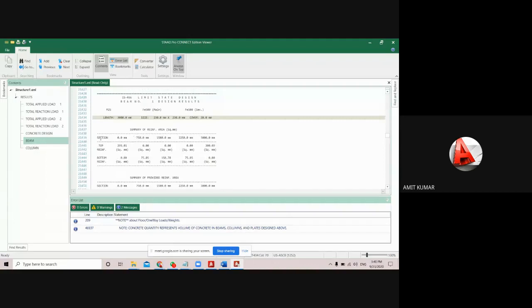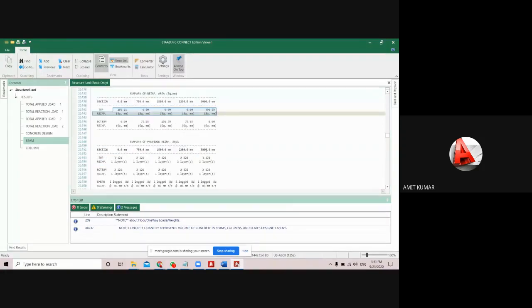In the first point, you are seeing the reinforcement area at the top and bottom. One more thing, the software will break the beam into 4 equal parts. You are seeing a 3-meter beam. Here it is 0 to 750, 750 to 1500, 1500 to 2250. That means 4 equal parts में आपका break करेगा. 1, 2, 3 and 4. 25, 50, 75 and 100 up to the 100. Okay, like this.